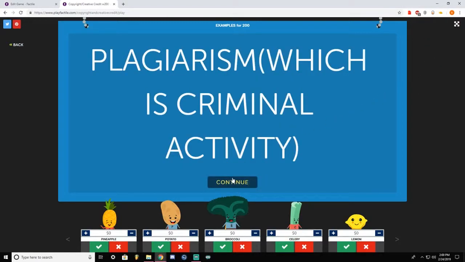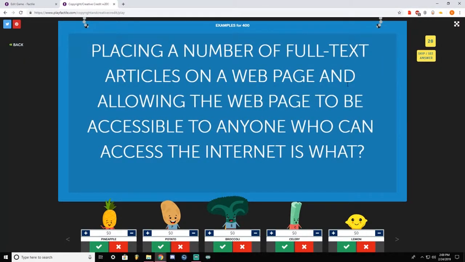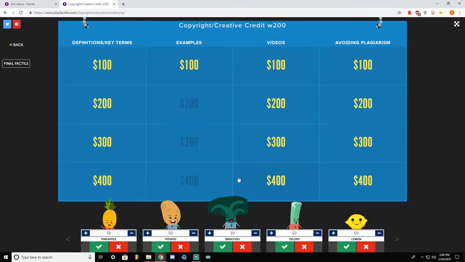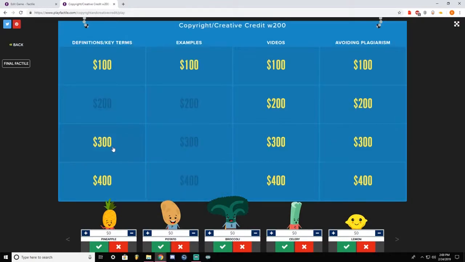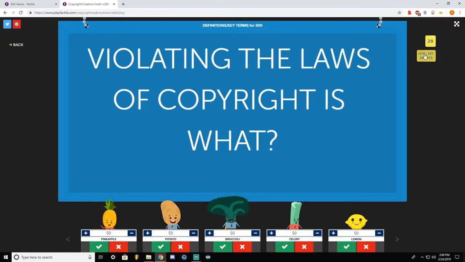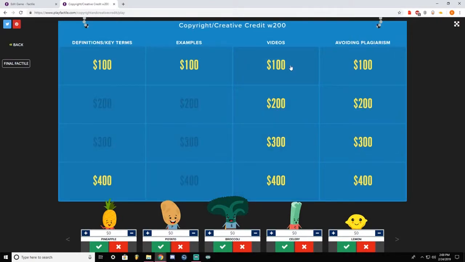That's a movement from a time period. And just more examples of that. And then also, to demonstrate personal responsibility for copyright infringement and plagiarism, I just added that plagiarism is criminal activity to the end of each answer that has plagiarism or copyright infringement as an answer. So infringement, which is copyright or criminal activity. And then also